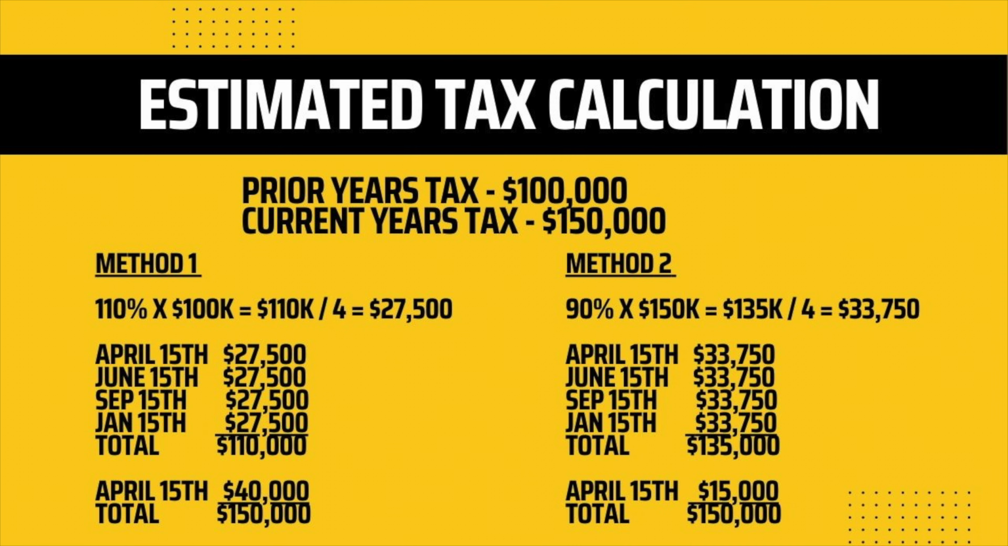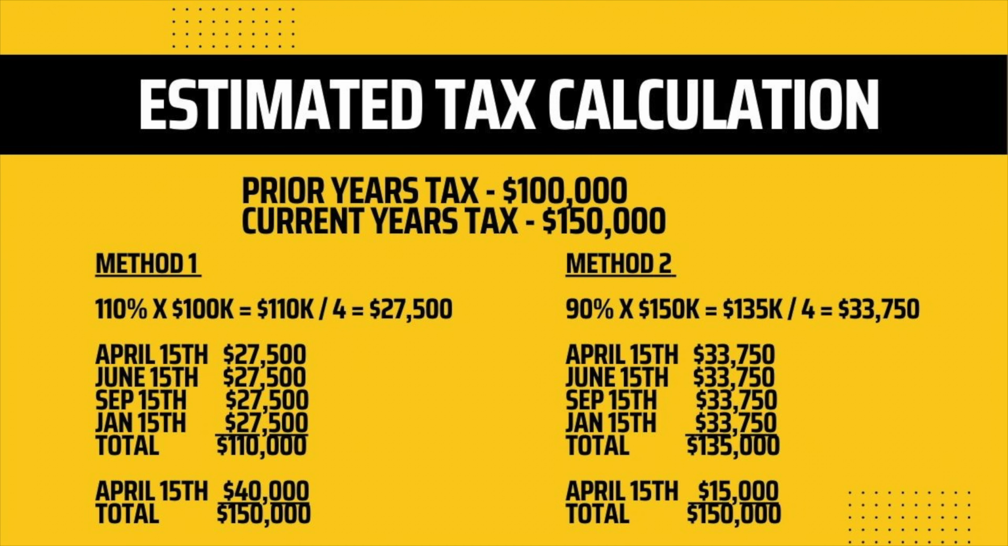First, we will assume your prior year's tax was $100,000 and your current year tax liability is going to be estimated at $150,000. Let's look at the first safe harbor method using 110% of your prior year tax liability. So let's take 110% of $100,000, which equals $110,000. We divide that by 4, so you're making 4 even payments, and those payments are going to need to be $27,500. So on April 15th, June 15th, September 15th, and January 15th, you submit payments of $27,500 for a total